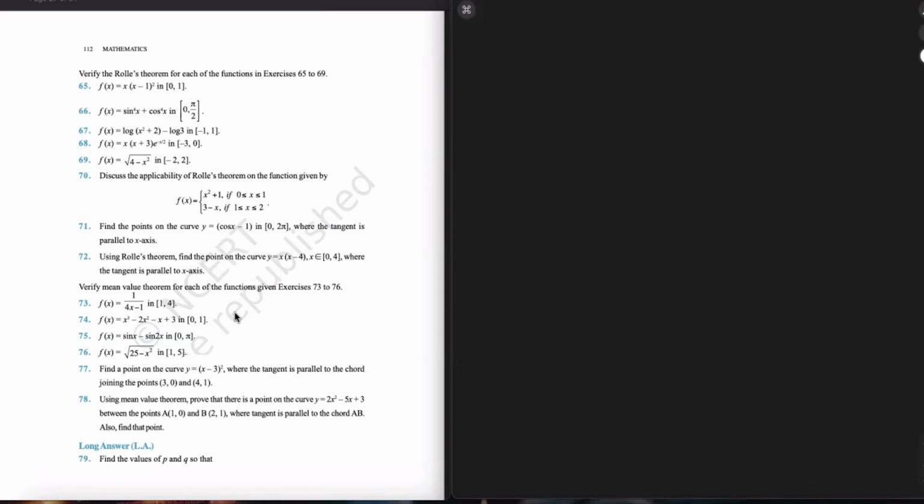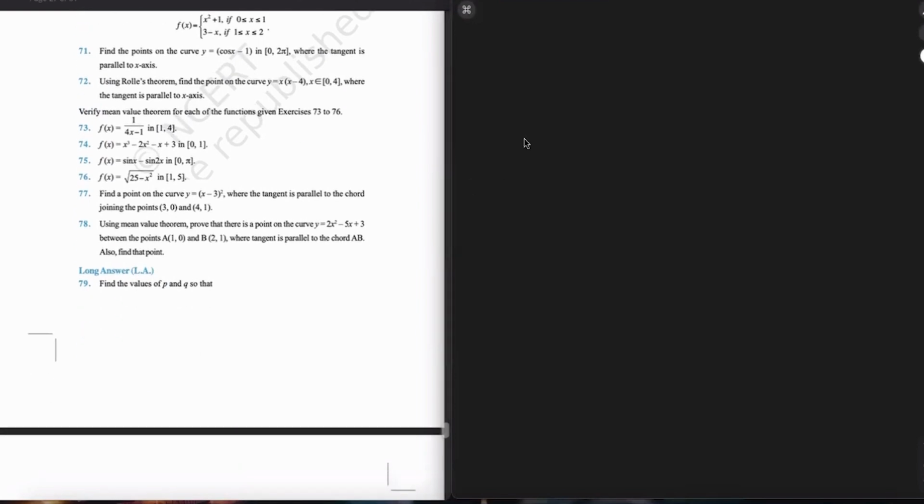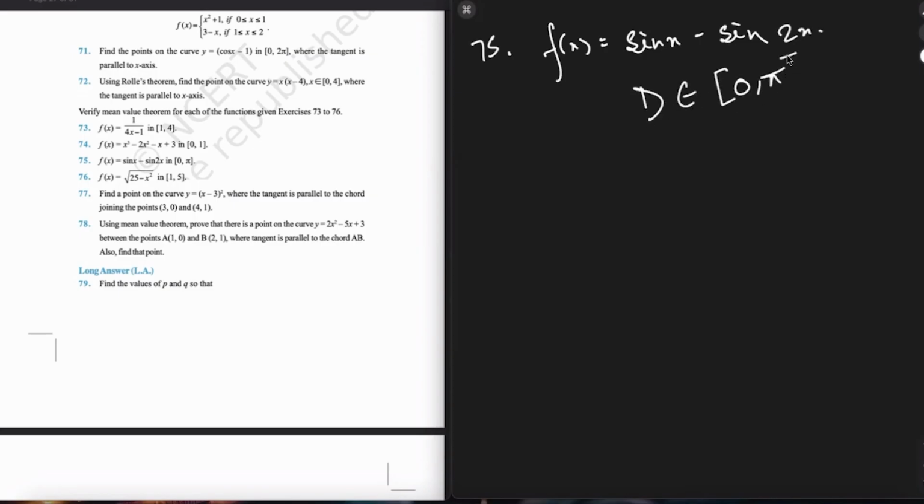Alright, so question number 75 now. तो क्वेश्चन नंबर 75 में दिया है f(x) इज इक्वल्स टू sin x माइनस sin 2x. डोमेन है 0 से पाई. ओके, तो